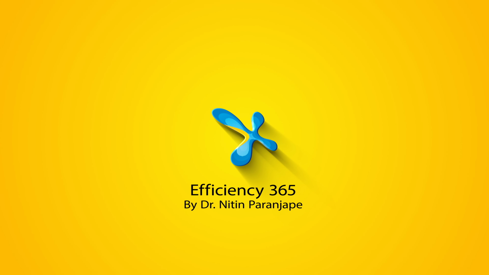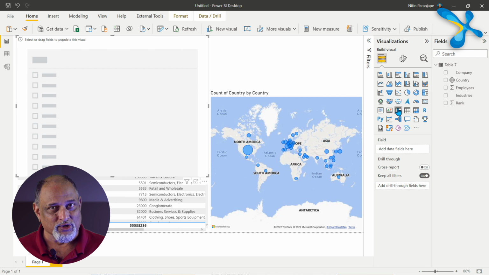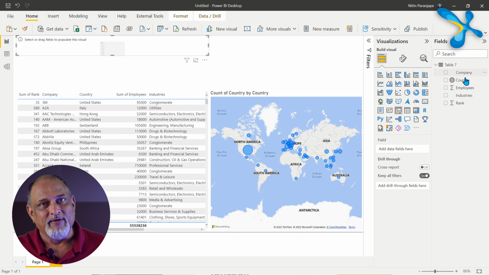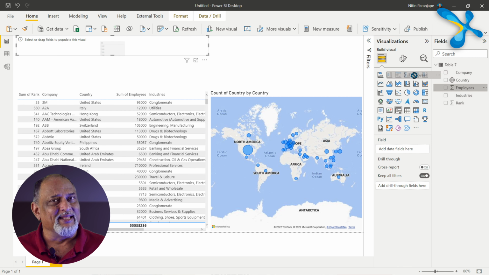So far so good. Now let's add another filter on employee strength, because there can be few employees, lots of employees. I want the ability to see based on any starting point and ending point which companies have these many employees. So that is called a slicer. So let's add a slicer visual and then drag drop employee field on it. And then it gives me the minimum and maximum currently, and then I can freely select. Very nice. Now this is going to filter both the map and the table.